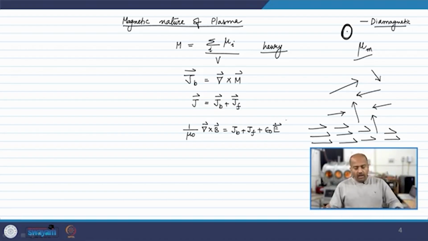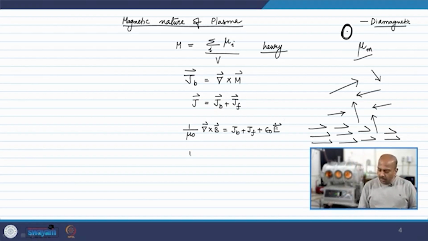Now, we have to include the effect of bound current density in capital B or capital H. If you have included the effects of both bound and free, you call your magnetic field with capital H, right. If you are talking about free space, you refer to it as capital B. Now, since we know Jb is del cross M, we can simply write this expression as 1 by mu naught del cross B is Jf